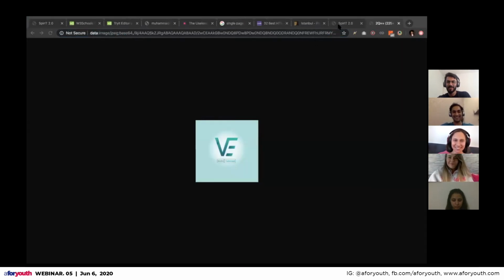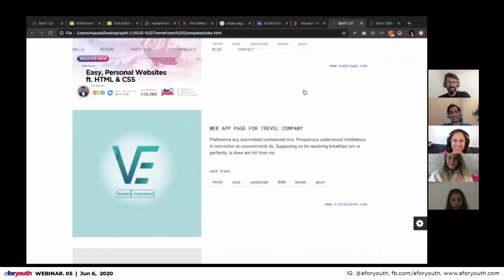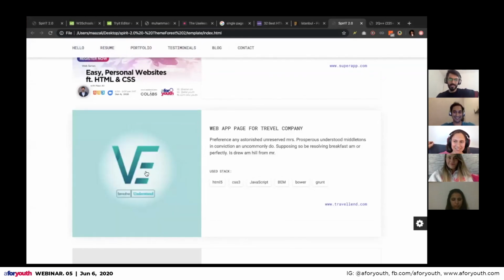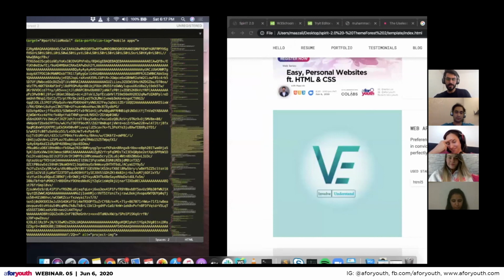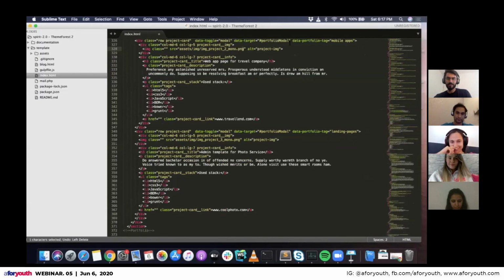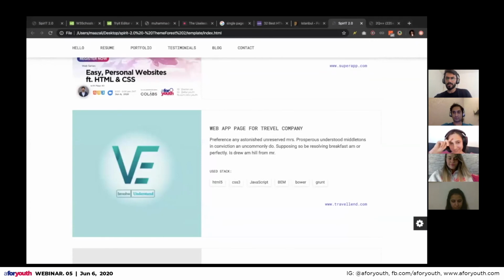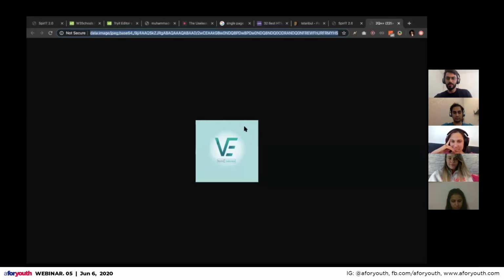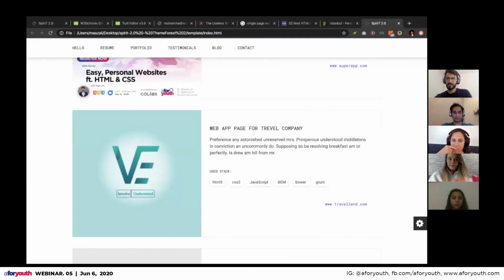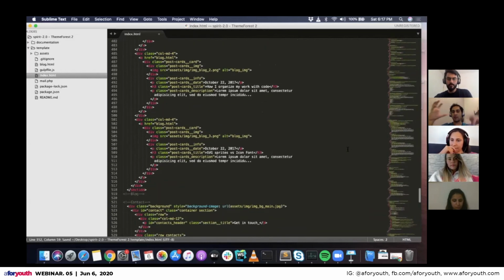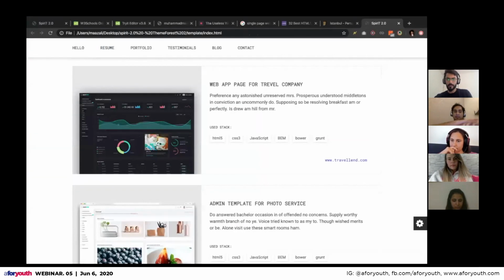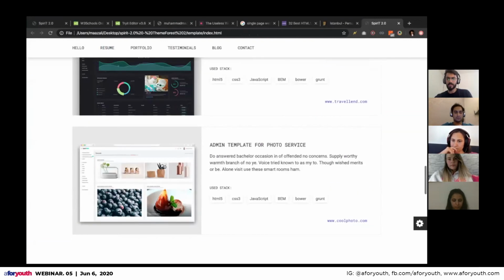It's bigger than the size of the image. But you see, your image is here. So you need to find some proper images, or you just simply download them, rename them to whatever you feel like, and then use them. Otherwise, when you load the website, it is going to extract this image from another website and paste it on your website. Yeah, that's true.